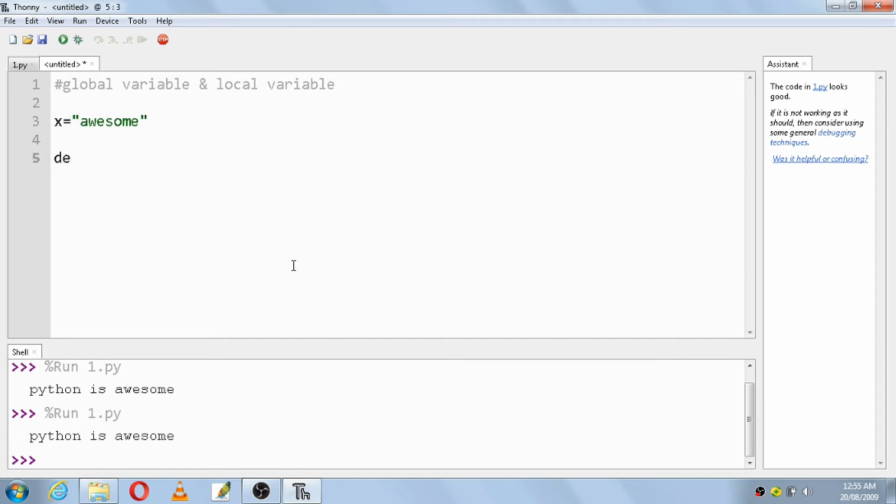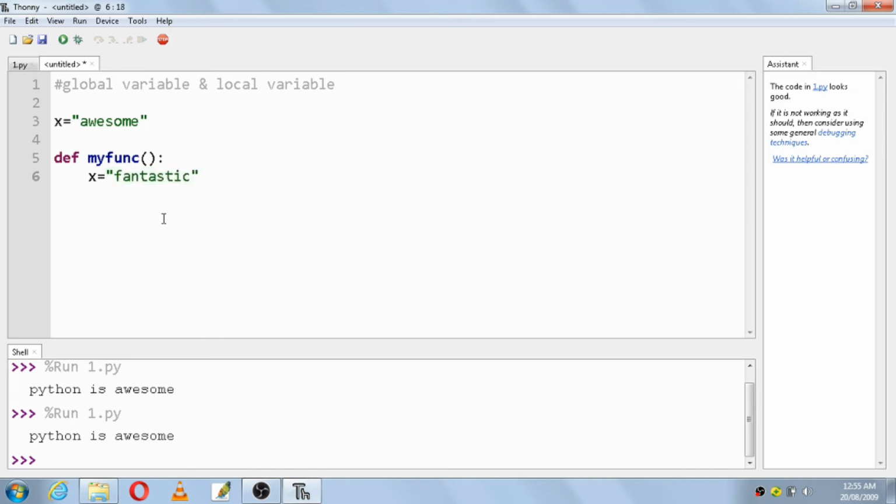Define a function with def, function name my function, end it with a colon and then press enter. As x above is a global variable, I'll make use of another local variable and give the same name: x is equal to fantastic.